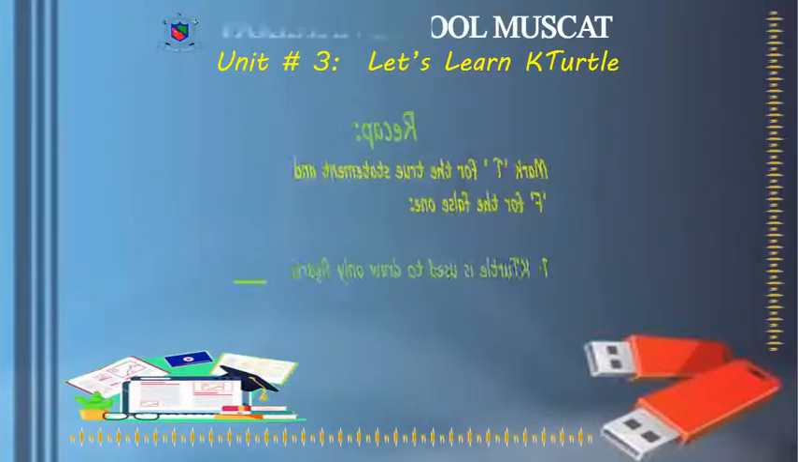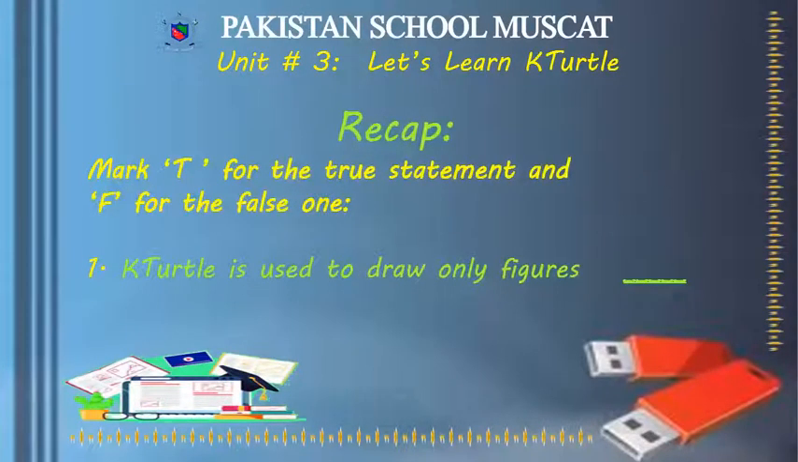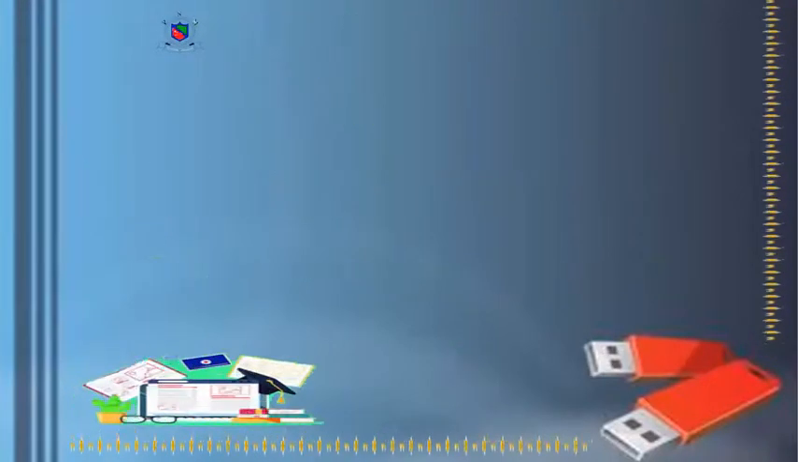Here we have some true false for you and you have to guess the answers. The first one: the KTurtle is used to draw only figures. Do you use it to draw the figures only? You cannot calculate some of the things in it, or you cannot type some text in it? That's correct. You people are giving the correct answer. That's a false statement. You can write text in it, you can type the text, and you can calculate the numbers and mathematical operations you can carry out as well. So next one we have,